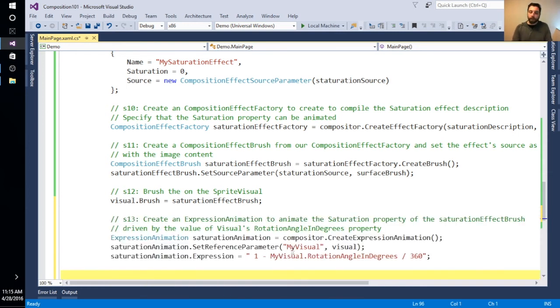The next thing I'm going to do is create an expression animation. An expression animation is a way for you to create an animation that uses an expression to generate values. Those values can be mapped to different properties, and the values can also reference other composition objects that have other values and properties.